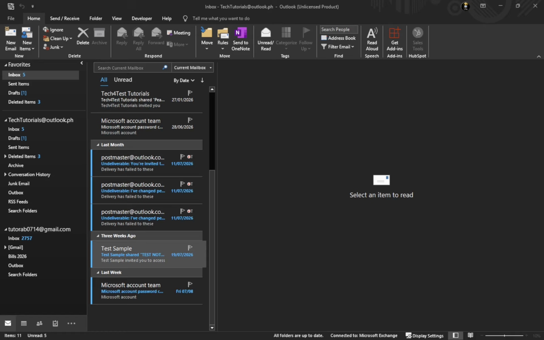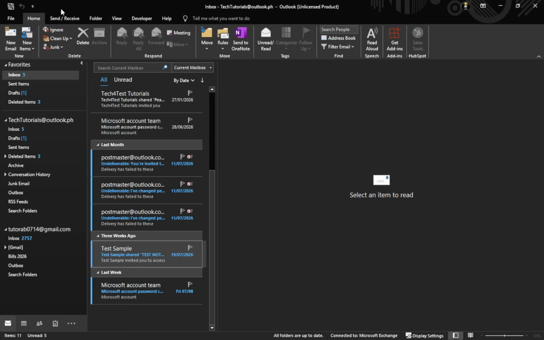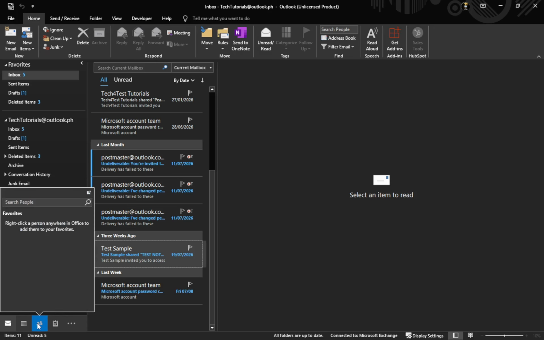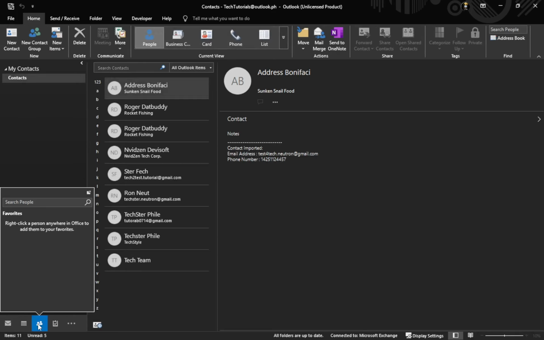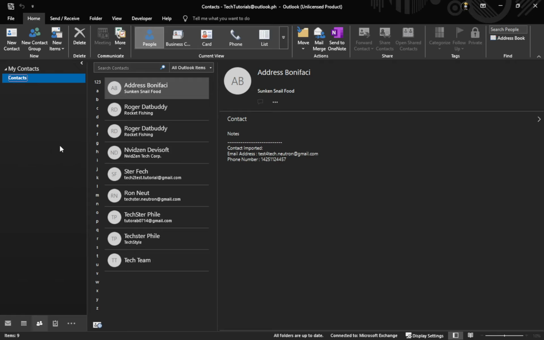Open Outlook. The window looks more traditional, with a ribbon full of labeled buttons at the top and your mail folders on the left. After Outlook opens, click People. In Classic Outlook, this is usually at the bottom of the navigation pane and may say People or Contacts. When you click it, the main area changes to show your address book style view, often in a card or list layout. At this point, select the contact you want to delete.